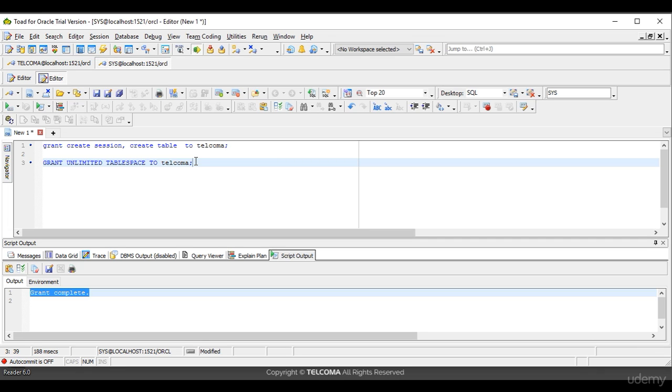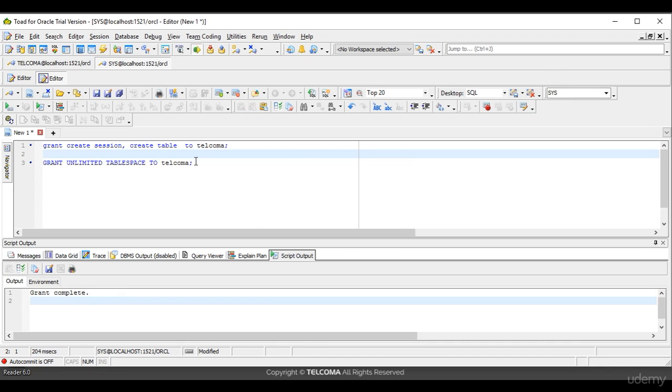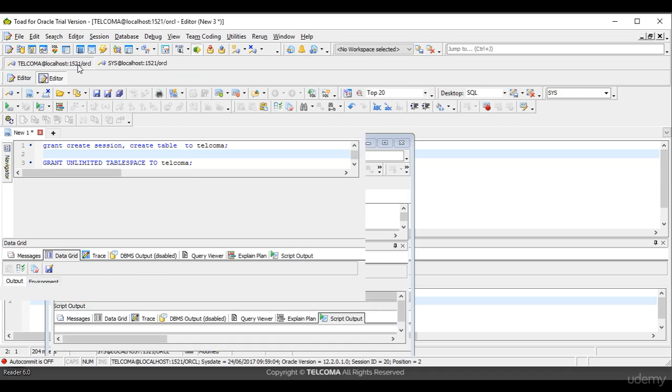The reason behind that is that sys has all the rights for giving the grants and also revoking any of the create session, create table for the user. So this is the only one which has all the rights. I would say it has the rights to create and revoke. Then we need to create the unlimited tablespace for the telecomma user, so that it can use that for creating the tables. And then going to the telecomma user,